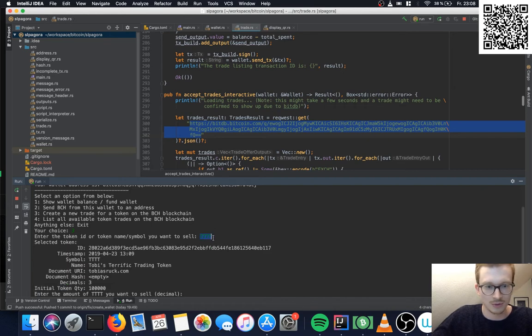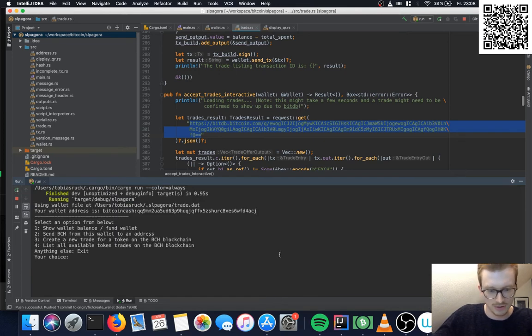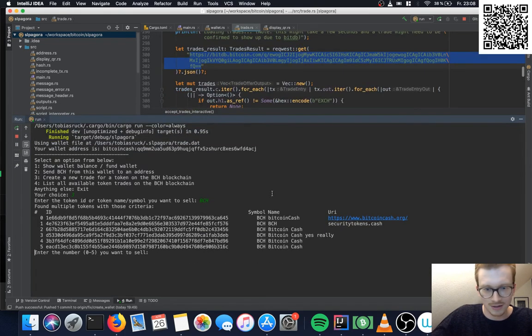I've set up a small token, TTT, Toby's Terrific Trading Token. And yeah, if it's ambiguous, because for example, if we use I think BCH3 and BCH, then you have multiple options you can choose from.